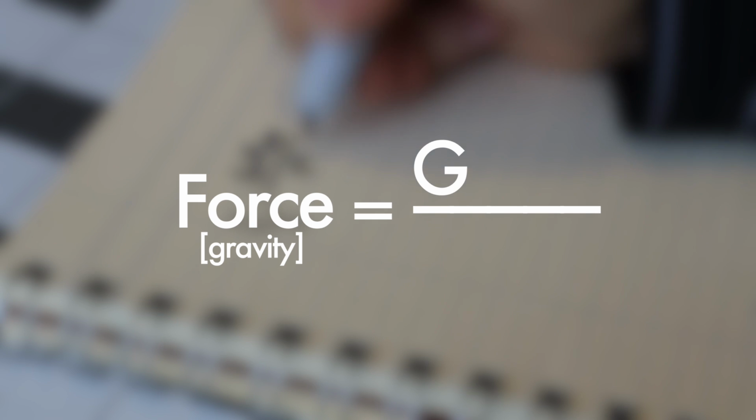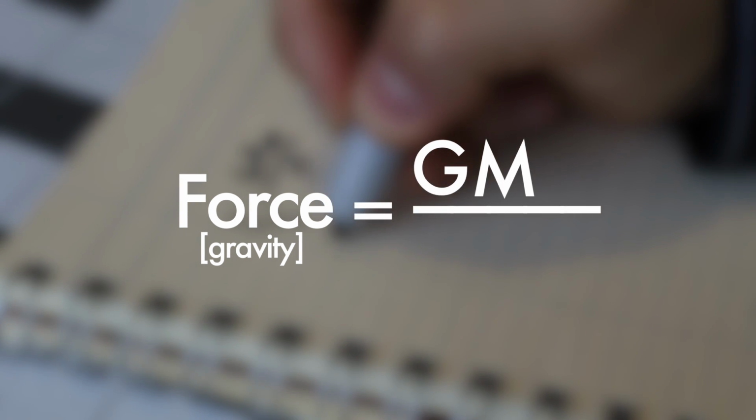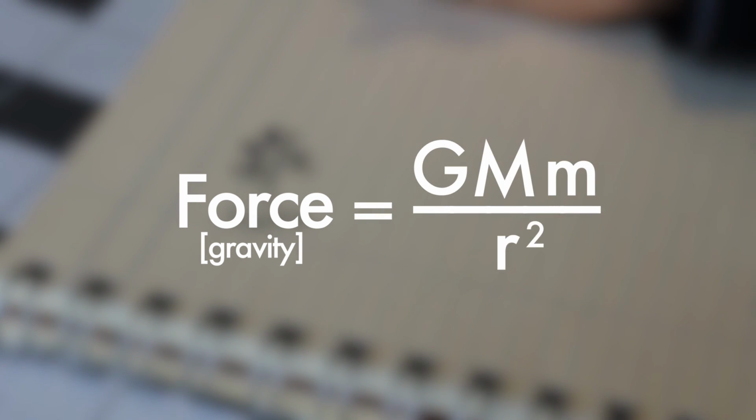Now, I really thought they were going to land at the same time. So, the small difference in how fast and when they hit the ground was due to air resistance. In a vacuum, I can show with some simple math that the force due to gravity is equal to the gravitational constant times the mass of the object times the mass of the Earth, all over the distance between them